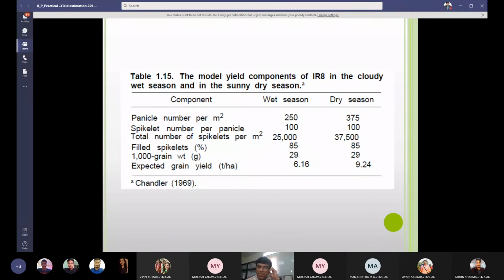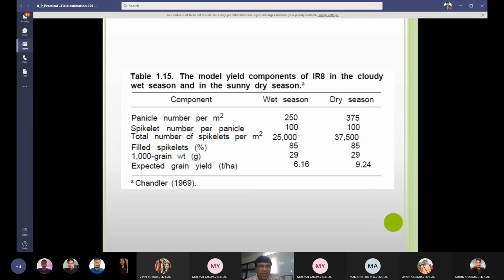It was known as miracle rice because it was the first improved, high-yielding variety of rice. It was a cross between Peta, some tropical rice, and Dijiaojen, something like that. Dijiaojen was Japonica rice, and they came out with IR8. And believe me, this IR8 yielded 10 to 12 tons per hectare in 1967-68, something like that. Now, there are not many common varieties these days that can give you a yield of 10 or 12 tons per hectare in India. But at that time, this miracle rice yielded that.